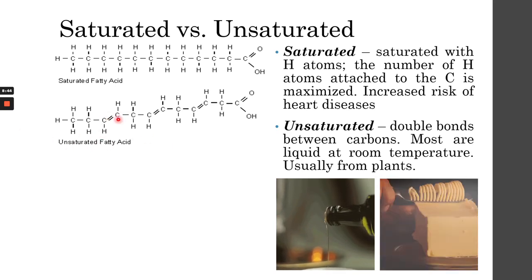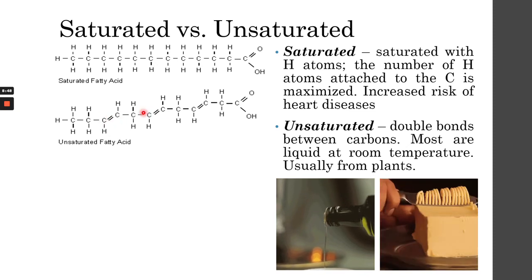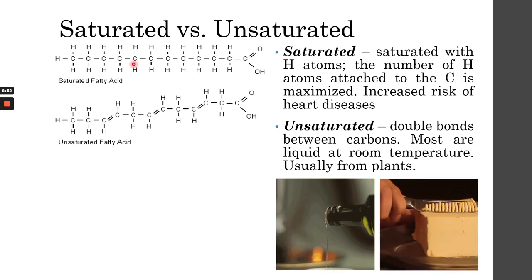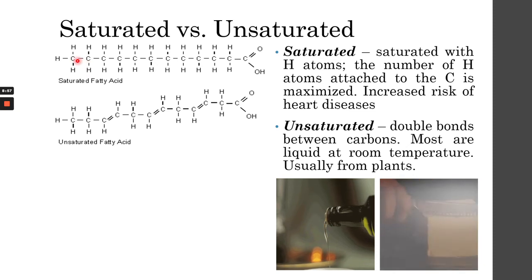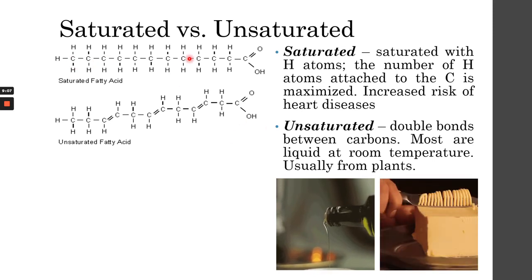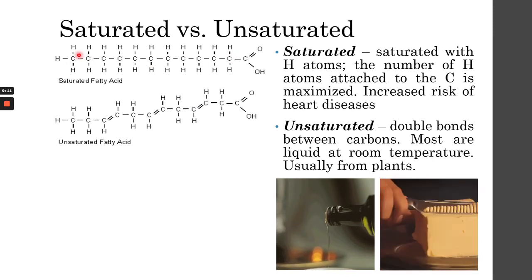They have double bonds between the carbons, and these double bonds are preventing them from packing tightly together, making them liquid at room temperature, as opposed to saturated fatty acids, which can be solid at room temperature. That is because the saturation of hydrogen in their carbon chain makes them able to pack tightly together